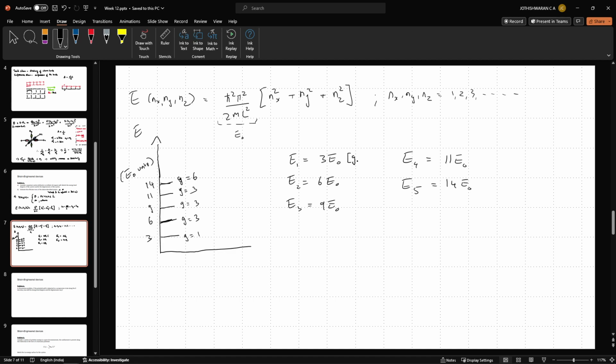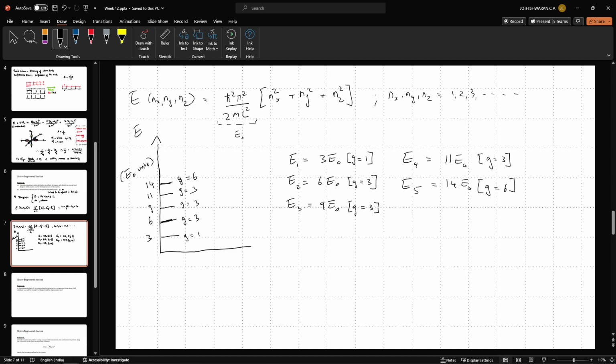this has G equal to 1, G equal to 3, G equal to 3, G equal to 3, G equal to 6. In fact, one can easily say that for any nx, ny, and nz, depending on what the values are, if all of them are equal, then that state is uniquely defined. So if I have, say, wait, did I consider 2, 2, 2? Yeah, I forgot that